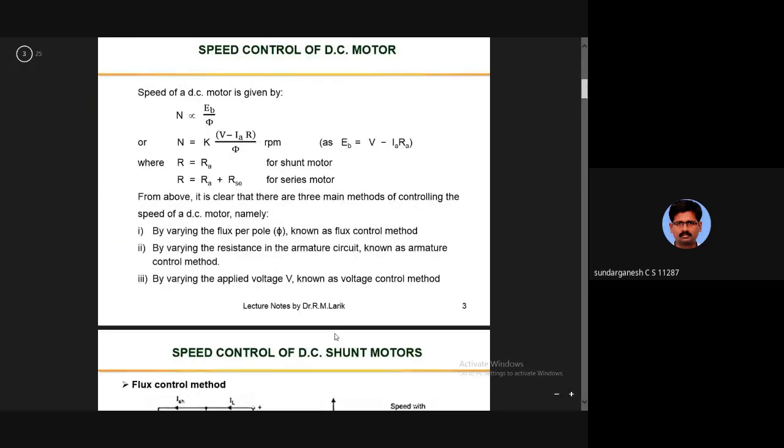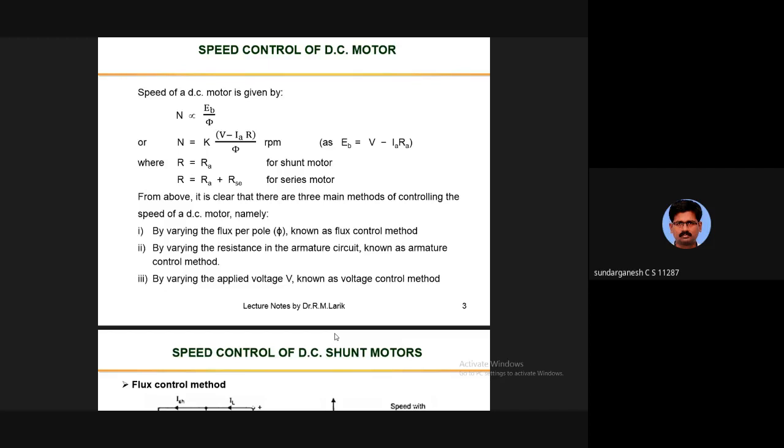So how can we control the DC motor? What is the equation for that? From the EMF equation, we get Eg equal to phi Zn by 60 into P by A. We have already derived that. Instead of Eg, we put Eb. Eb equal to phi Zn by 60 into P by A. P by A is constant, phi is variable, and the remaining things are constant. So I am taking the variable values only. You can write Eg equal to phi n, so phi n equal to Eb.